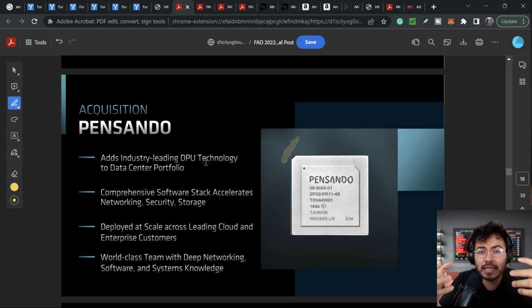You might have certain tasks that you don't even need to use your brain for anymore, that maybe some other part of your body can do without your brain thinking, and you can clear up the space in your brain to do even more important tasks. And that's what these DPUs do, right? They clear the CPU from certain tasks, for example, networking, security, and storage, and the brain doesn't need to do that, right? Because there are certain things that maybe that Pensando can do a lot better,